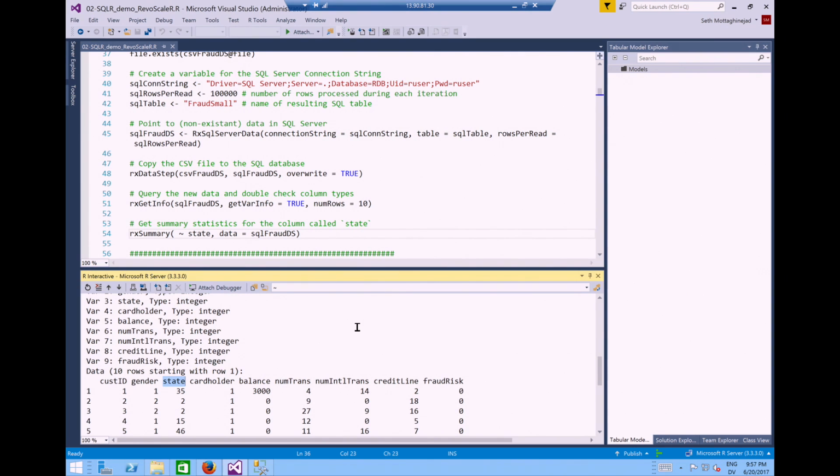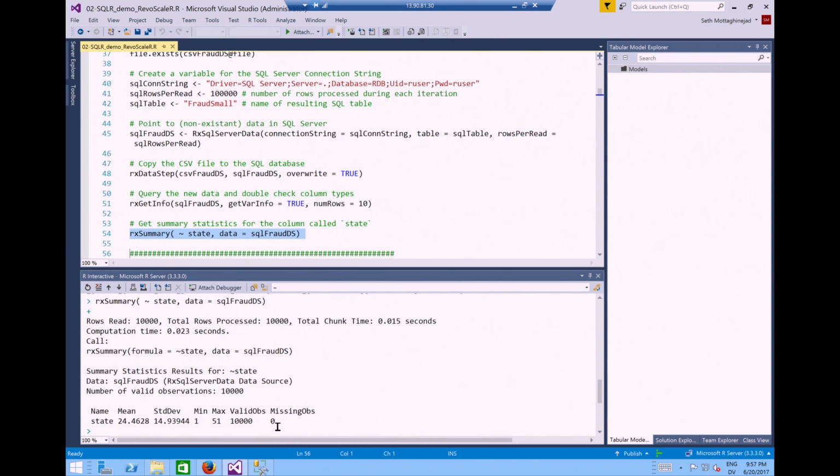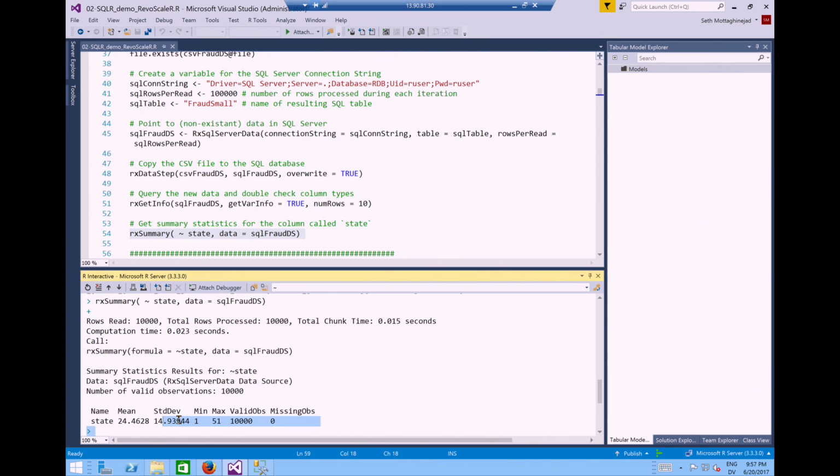So these integers probably map to individual states, but even if we knew what the mapping is and we were very comfortable with the integers, if we ask for a summary of the state column, which is what's happening in line 54, what we get is some averages and standard deviations, right? Things that we don't expect to see. We don't want to see an average. The average doesn't make any sense because the integers don't really have any significance other than mapping to individual states.